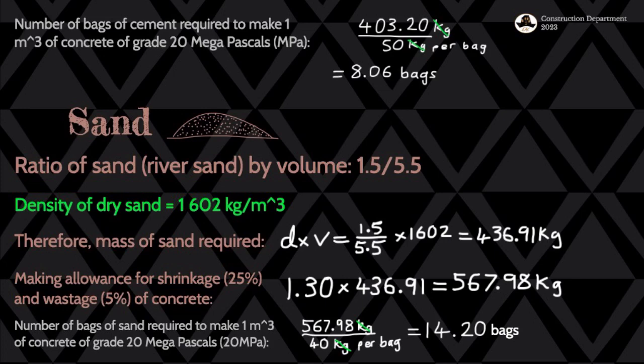As you can see, the number of bags of cement required to make 1 cubic meter of concrete of grade 20 megapascals, which is basically MPa, is going to be that divided by the mass which we got in the quotation. The quotation, we saw that Shumba Hardware is selling its cement per 50 kgs. So each bag is 50 kgs. So we say that mass divided by 50, which gives us 8.06 bags. We're not going to round it off to 9 bags,